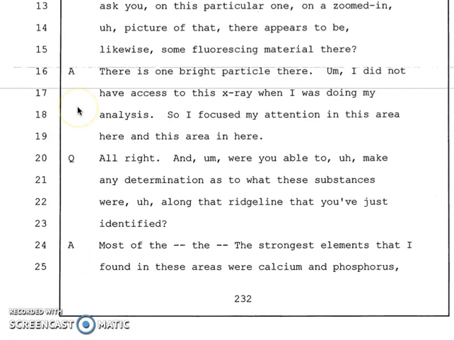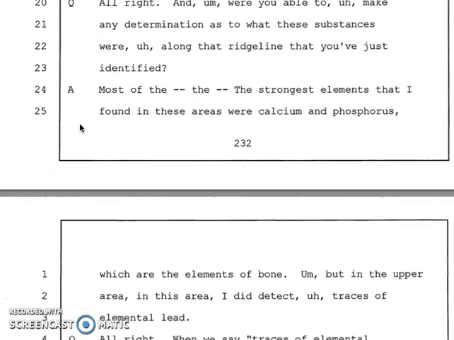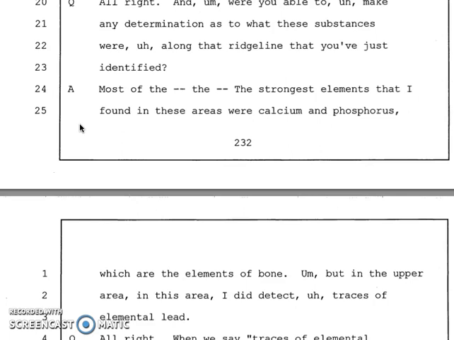There is one bright particle there. I did not have access to this X-ray when I was doing my analysis, so I focused my attention in this area here and this area in here. All right, and were you able to make any determination as to what these substances were along that ridgeline that you've just identified? Most of the strongest elements that I found in these areas were calcium and phosphorus, which are